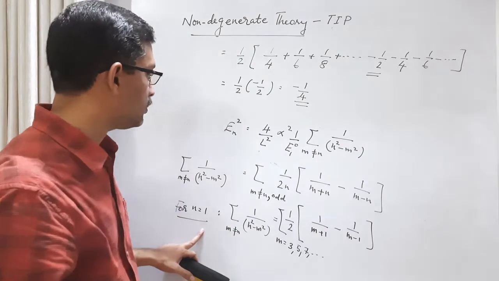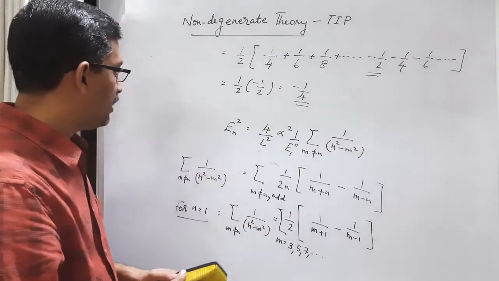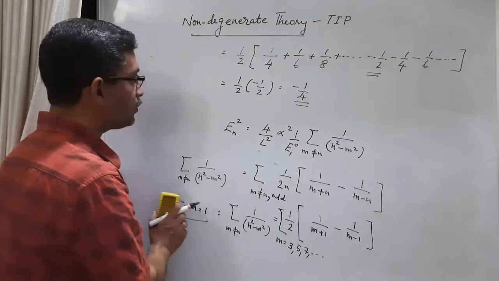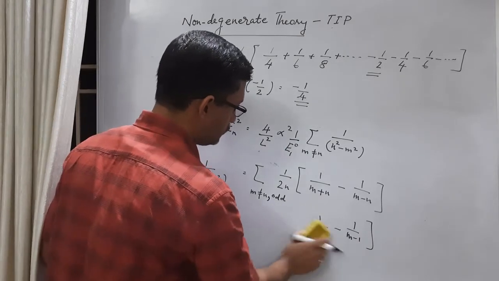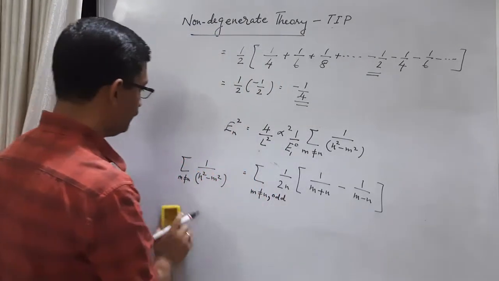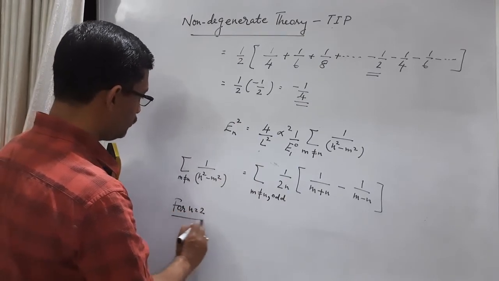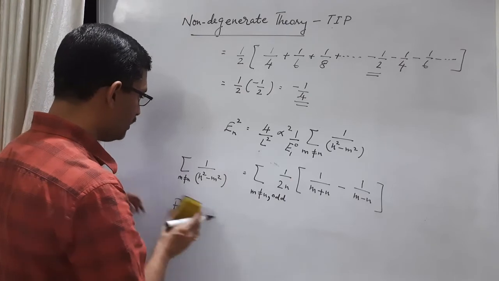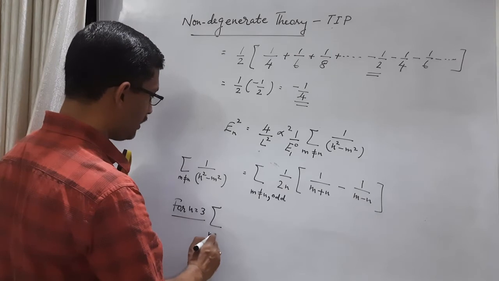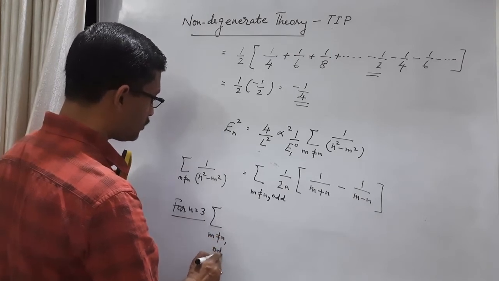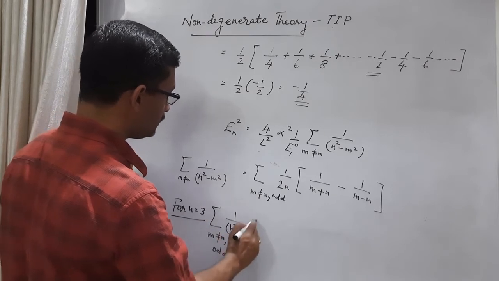For our choice n equal to 1, we have evaluated this summation and we get this. Let us repeat this procedure for n equal to 2. No, n is equal to 2 is not possible. Both n and m should be odd, so n is equal to 3. So the summation over m not equal to n, and m should be odd, 1 by n square minus m square, this is equal to,